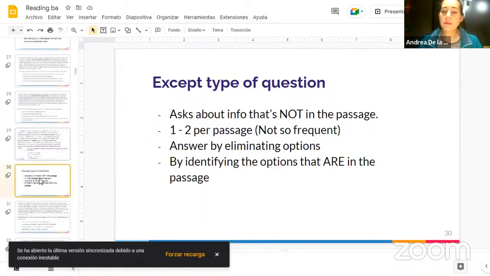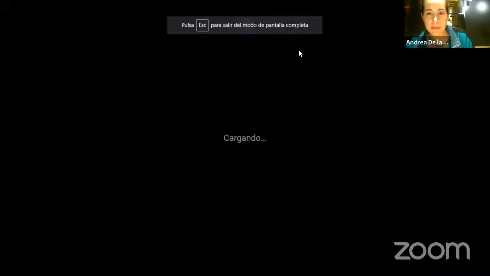Okay, guys, remember that the detailed questions, we said, basically asked you about specific details in the paragraph. What you had to do was read the question, don't read the options, go back to the paragraph, look for the keywords, find the information they're asking for, and then read the options and compare until you get to the right one. All right, now we're gonna work on the second type of question, which is the except type of